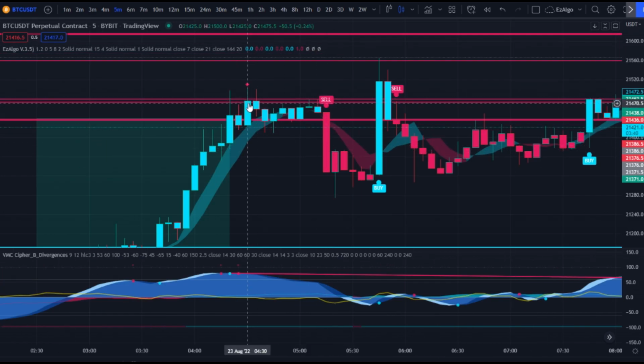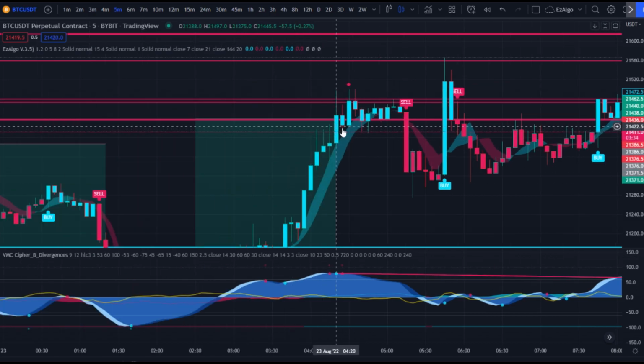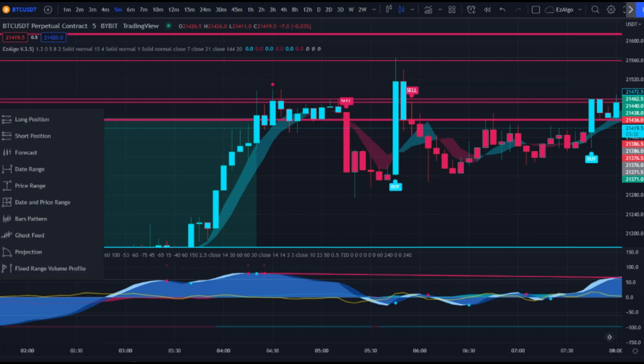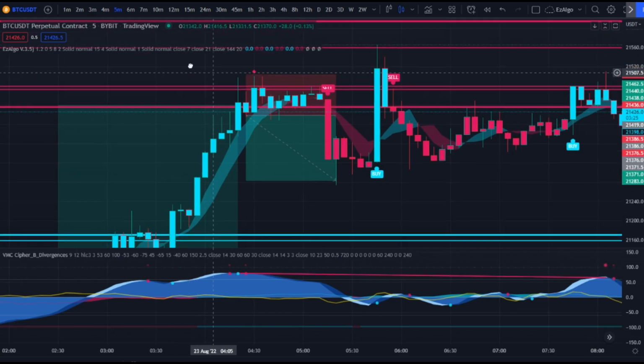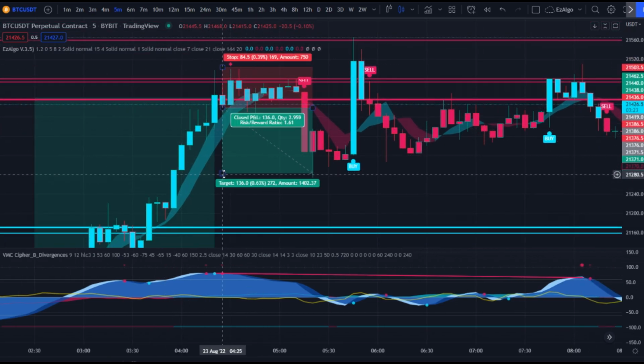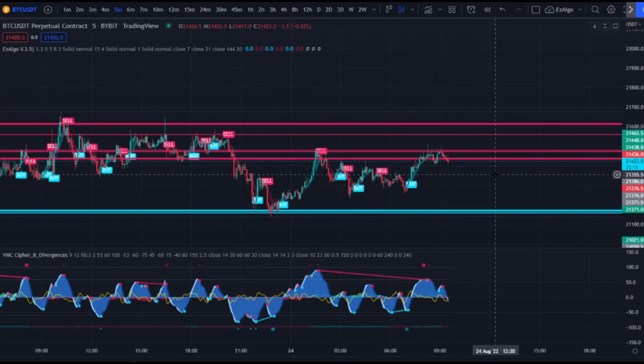We come up here to this resistance zone. We see we have a red sell dot on Fu Manchu Cipher B. So we could take that trade as well. And I don't believe we would have been stopped out on this trade. I think we'd barely still be in it. And that came down 0.65%. When price action looks like this and it's not going anywhere, you really don't want to be waiting for